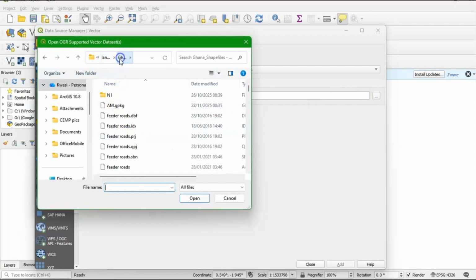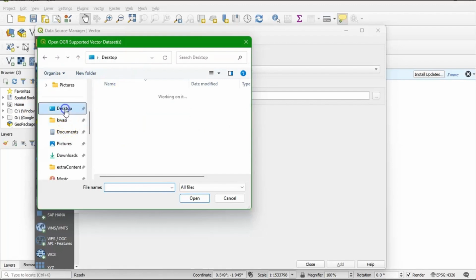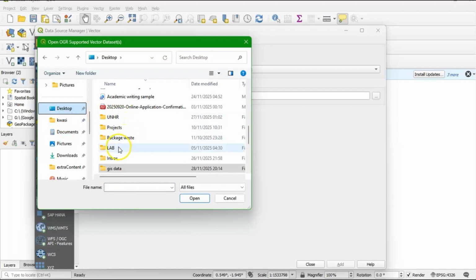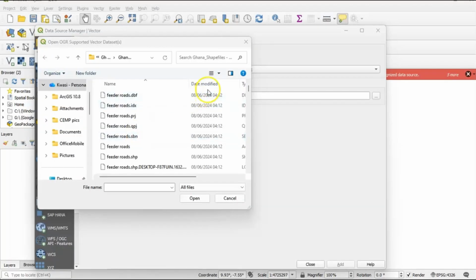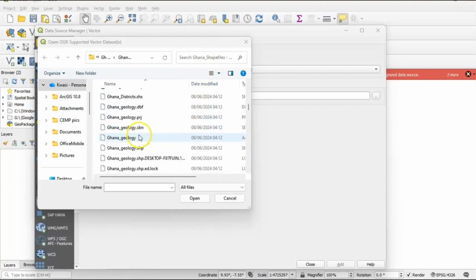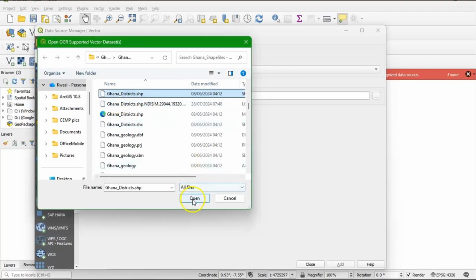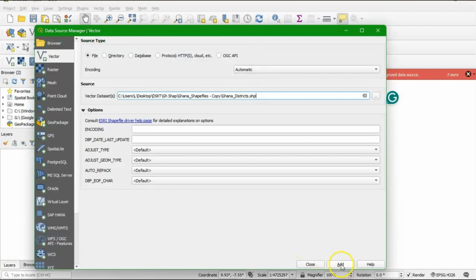Now it has taken me to a place where I have some of my shape files. So let me go to Ghana district shape files. I have Ghana district here, Ghana district dot SHP. So I select this, open, and then come to add. So I click on add